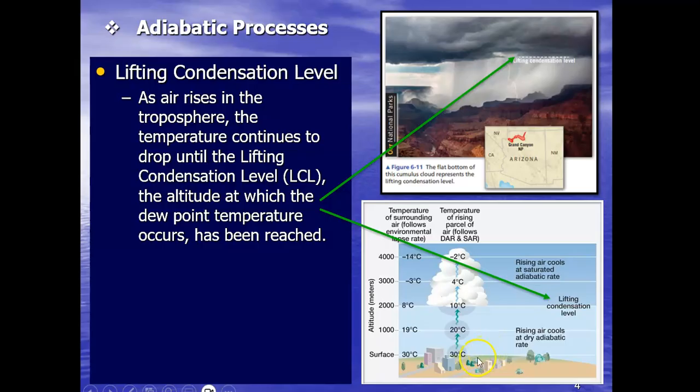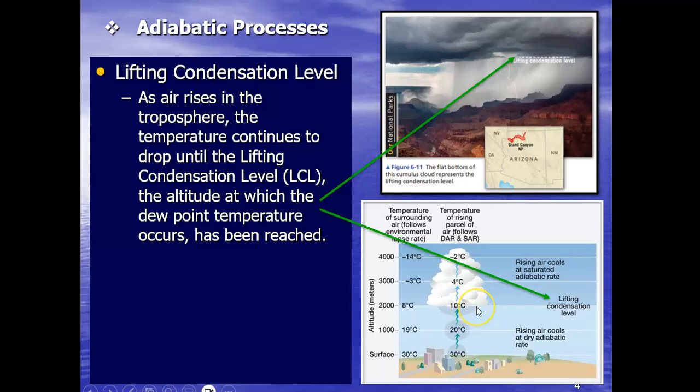As this air rises, it's occurring at the dry adiabatic rate. Assuming the sea level temperature is 30 degrees Celsius, the air rises 1,000 meters, and the new temperature is 20 degrees Celsius, a drop of 10 degrees. If we increase our elevation another 1,000 meters, our temperature drops again by 10 degrees Celsius